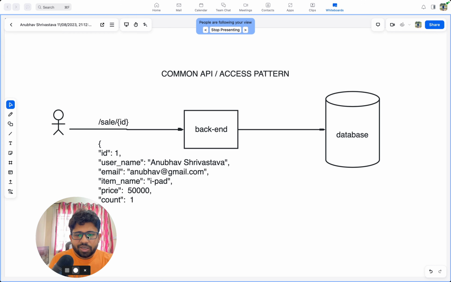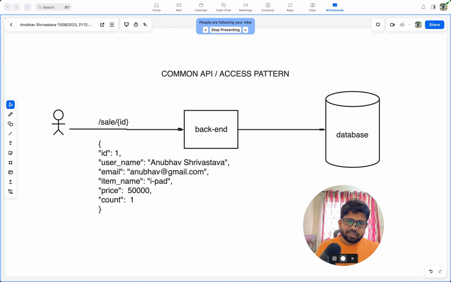Now, if we look into the common access pattern, this is the scenario we are going to talk about: you have a backend, a front end, and a database. Very common access pattern. This is being used in many places, so we'll use it here as well so that we understand the problem. So we have a front end or a user. That person is trying to make an API call that, hey, I want to get the data for a particular